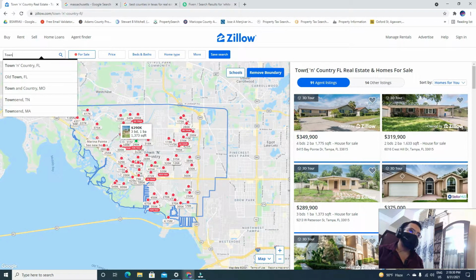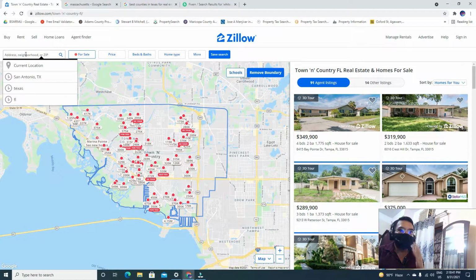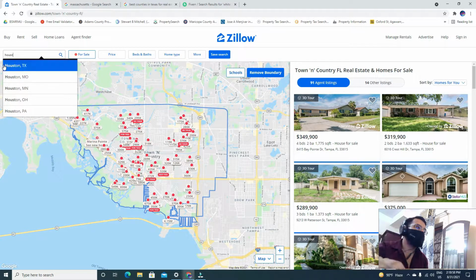What we are going to see in this case is real estate lead generation step by step. First of all, I want you to go to the website Zillow. It's a website for buying and selling houses, where you can buy and sell houses. So over here, what we are going to do is type in Houston, Texas.